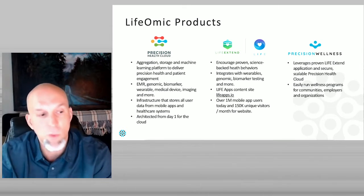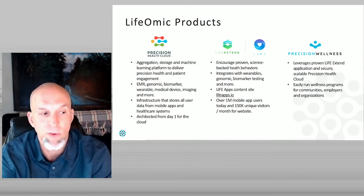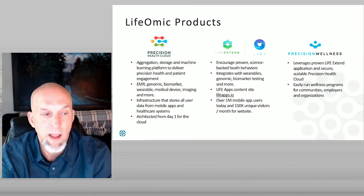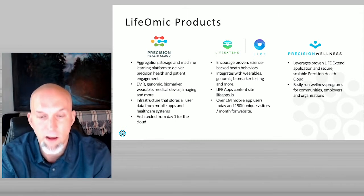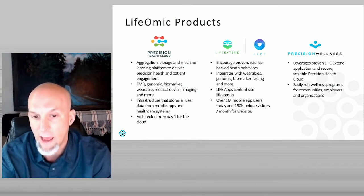Then we have our Precision Wellness product, which combines the PHC and Life Extend and adds tools for running wellness programs for employers and organizations. And we also have as part of this product automated reward payouts, as well as lab integrations for doing yearly lab tests